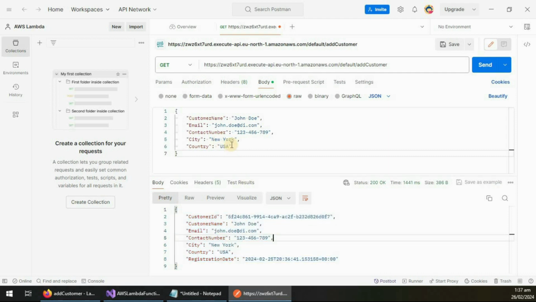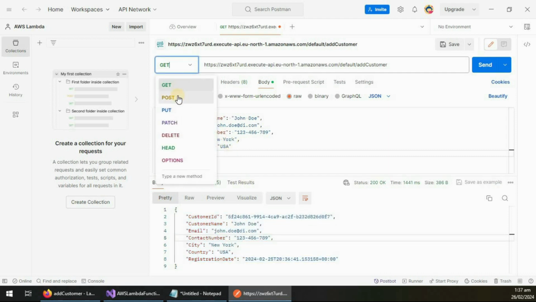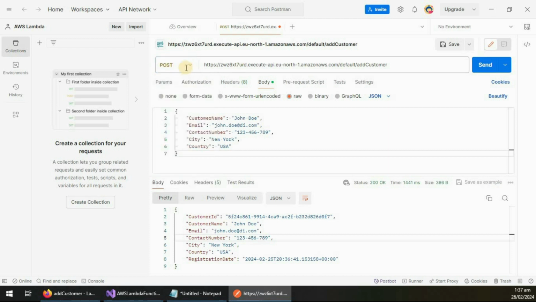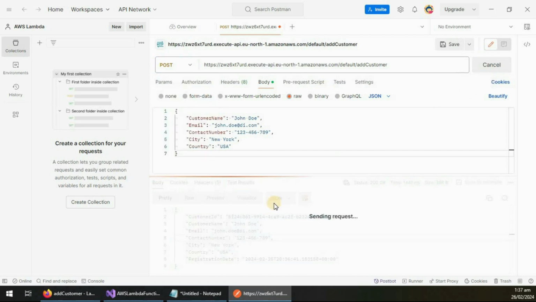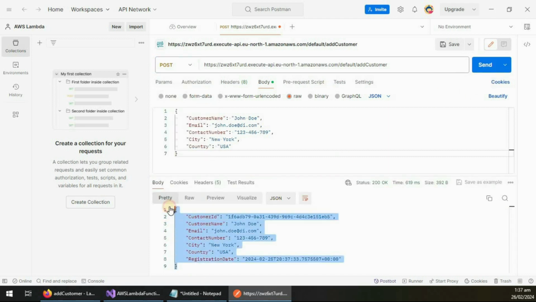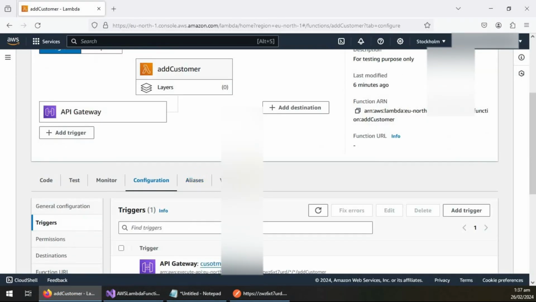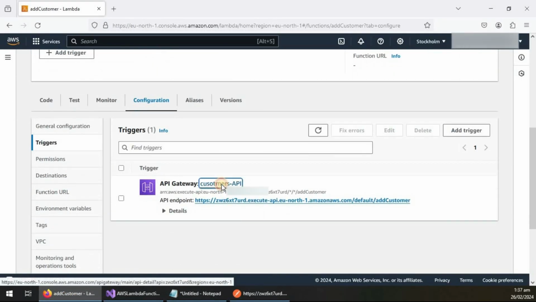And you notice here, I can use any method to invoke this function. Like before I selected get, and now I'm going to select post and then click send, and I will get the response. Because in our trigger we have not defined the method that this function will use, but now we can define it. And if we go to our API